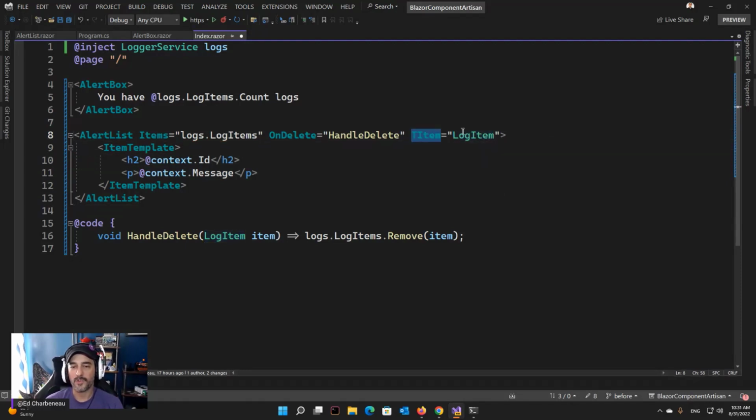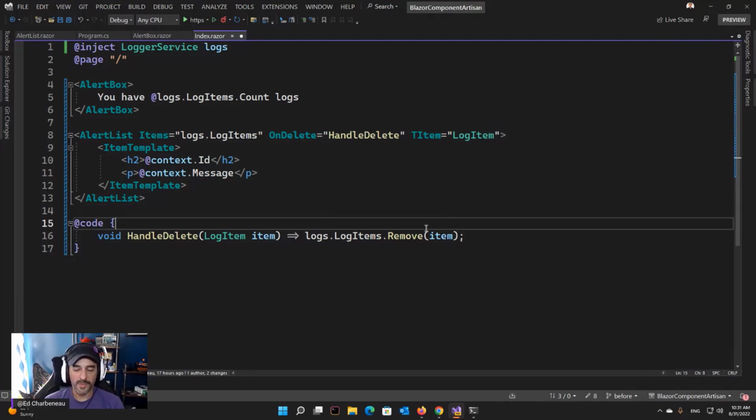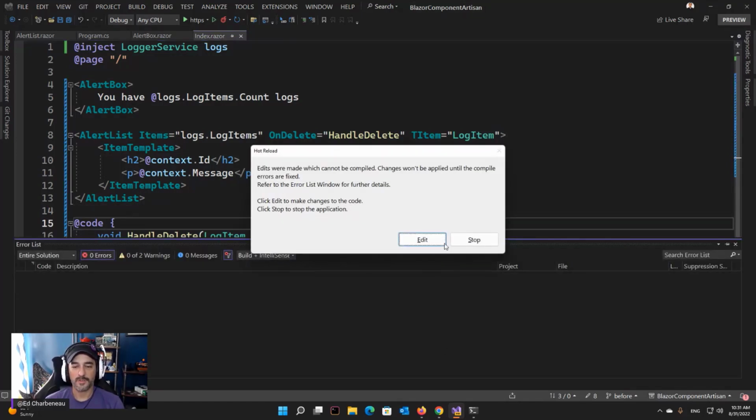So TItem is a log item. So now the delegate makes sense to the compiler and the error goes away. Okay, so we resolved that. If we save this,